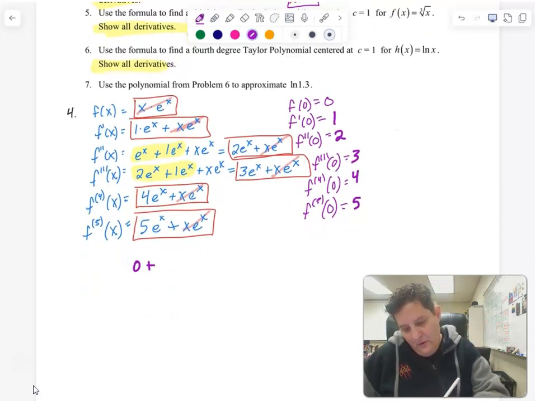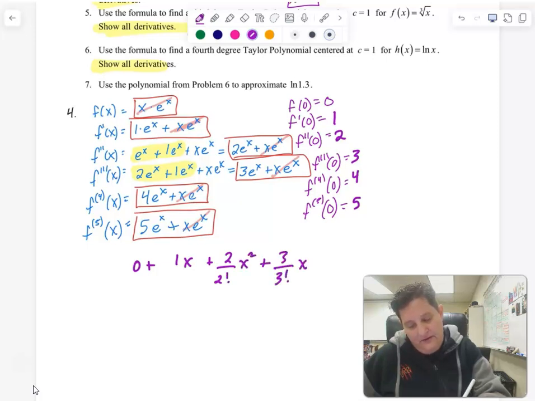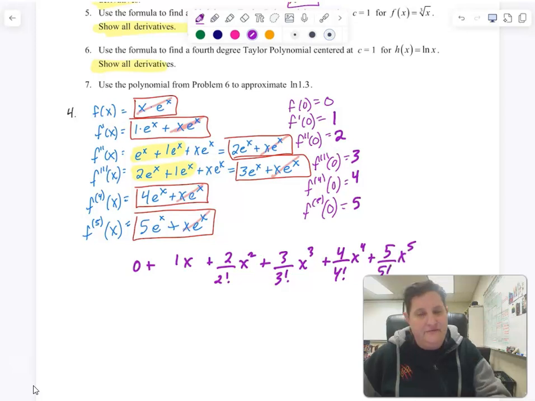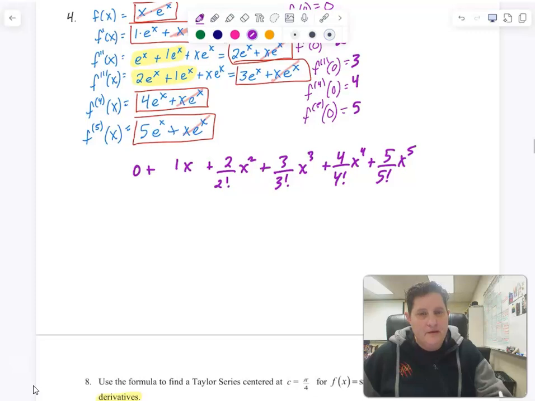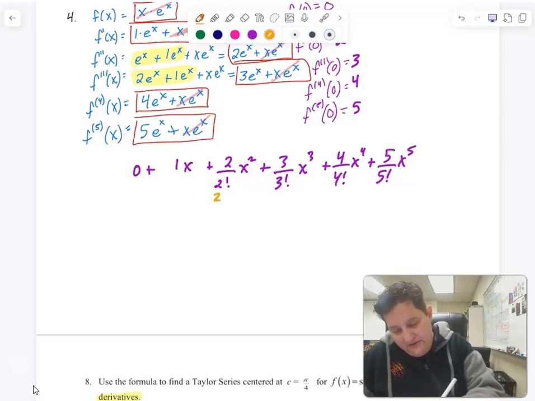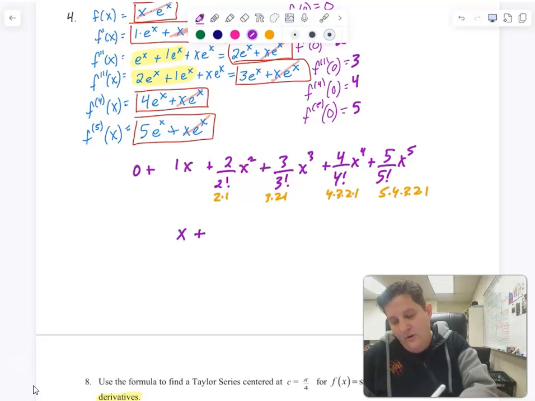So this is going to be 1 over 1 factorial x, 2 over 2 factorial x squared, 3 over 3 factorial x cubed, 4 over 4 factorial x to the 4, and 5 over 5 factorial x to the 5. Okay? Now think about how we could simplify this down. This is 2 times 1, this is 3 times 2 times 1, this is 4, 3, 2, 1. This is 5, 4, 3, 2, 1. Well, what's going to happen is,